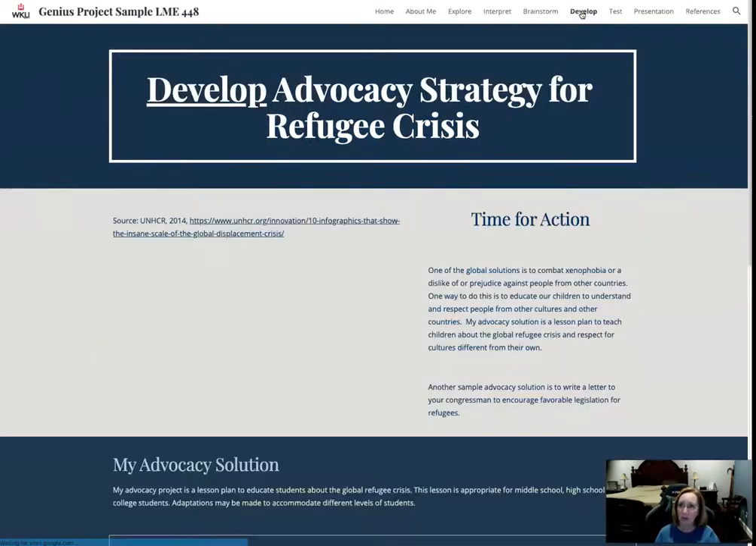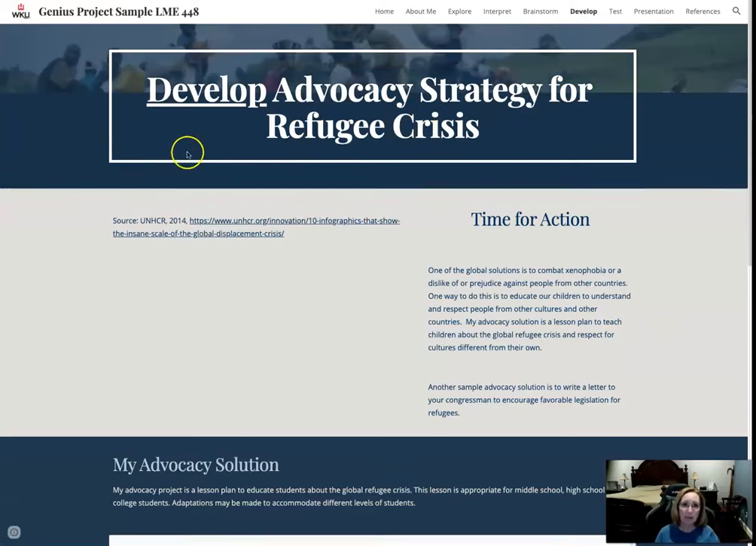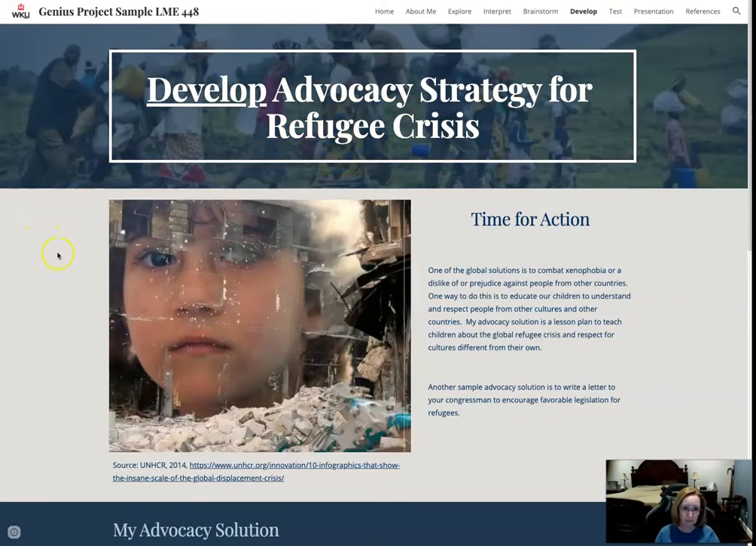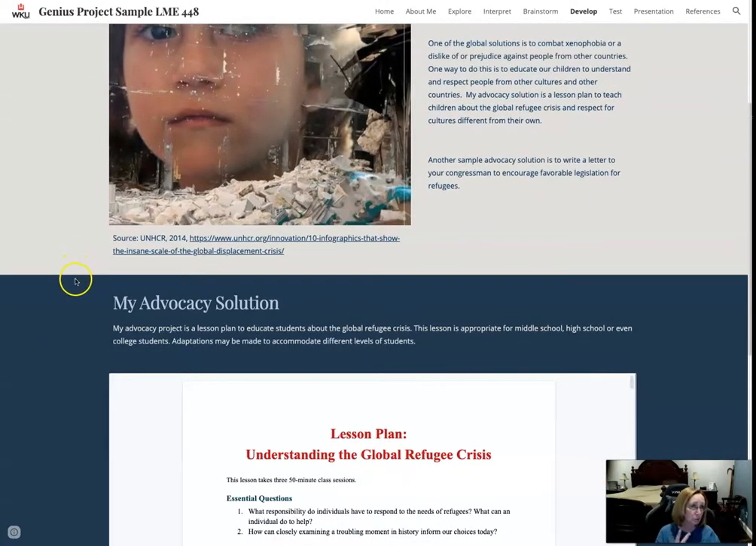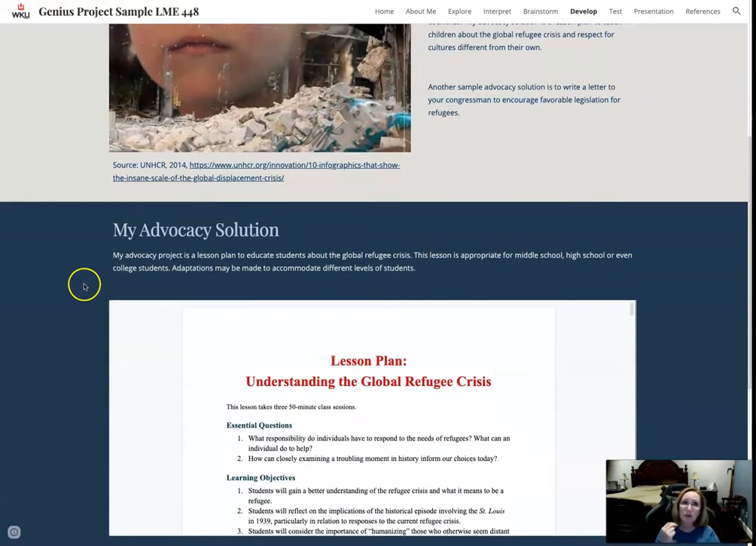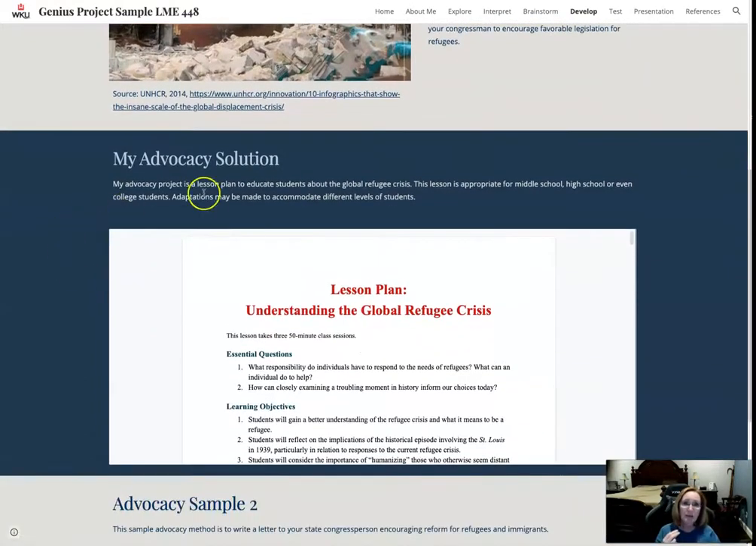Next is the develop. You're developing your advocacy strategy. This is a time for action in your Genius project. I propose two solutions really to give you an example. I did one of a lesson plan for understanding the global refugee crisis. It's important for students to understand this problem. If we begin by education and educating students about it, as they grow up, they'll be more